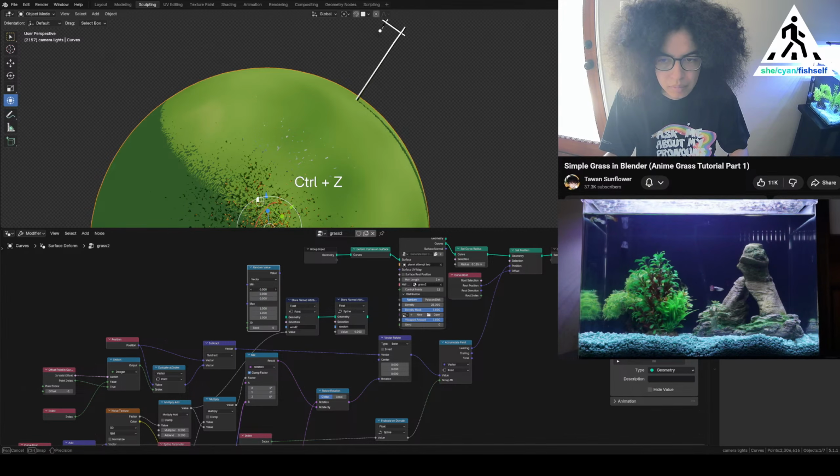Back in the shader, we'll use the attribute node to get the wind data. Then we'll use